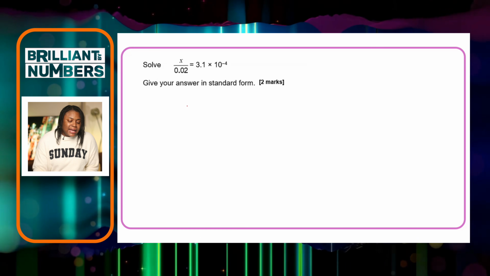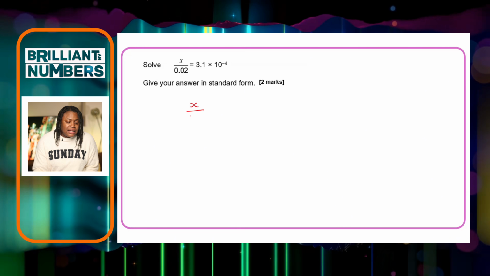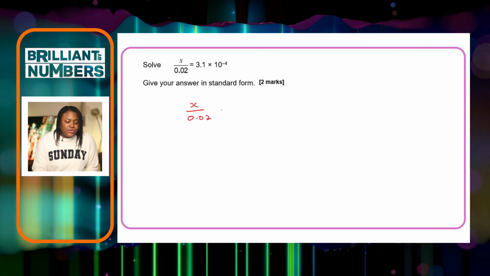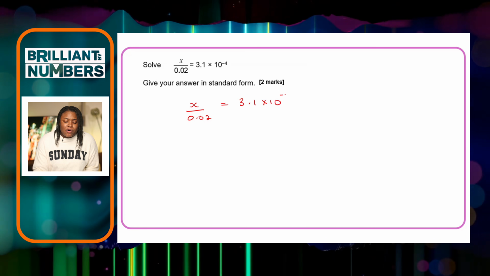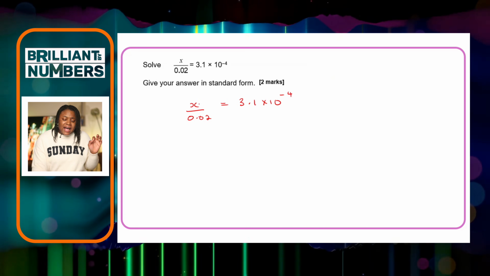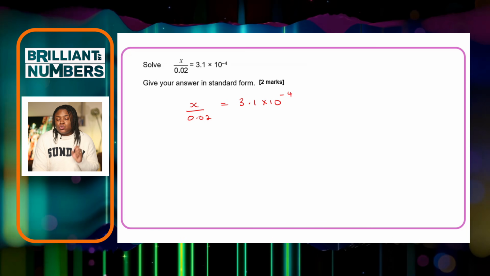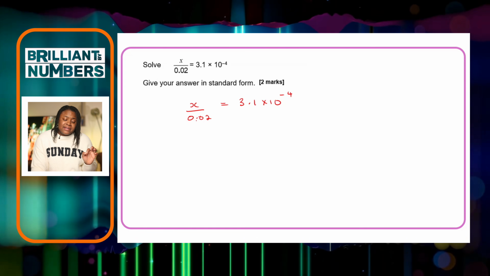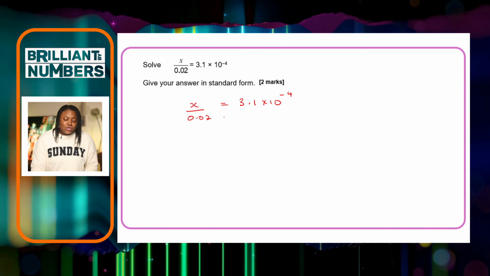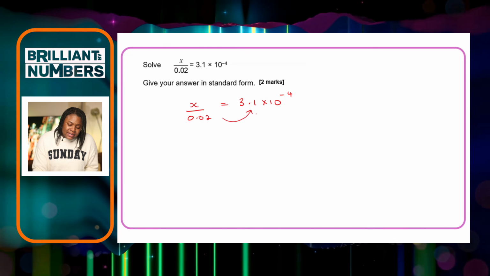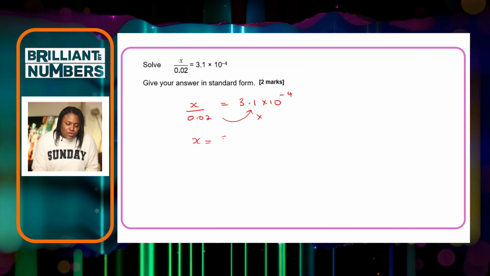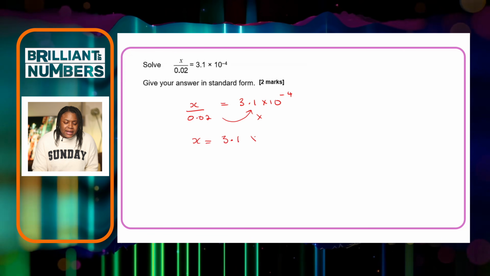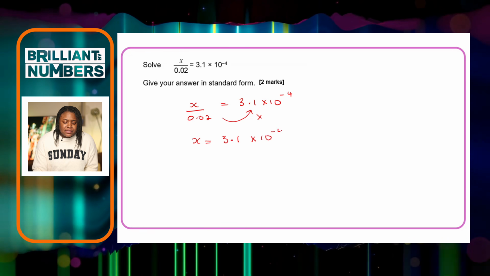So if I am to solve this, I need to do the opposite of dividing by 0.02. So I'm going to be multiplying this side by 0.02. So x would be equal to 3.1 times 10 to the power of minus 4